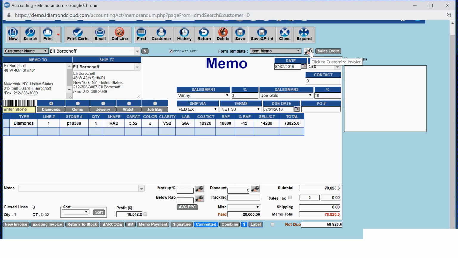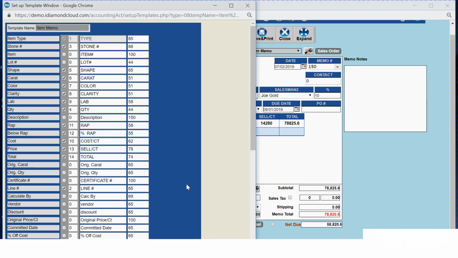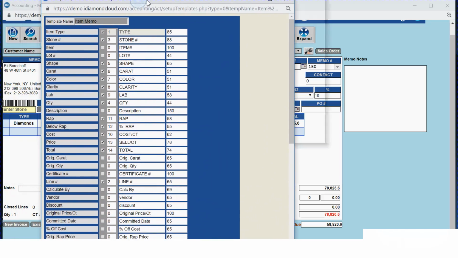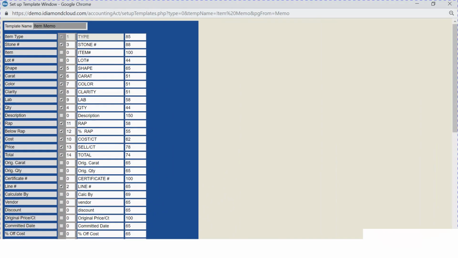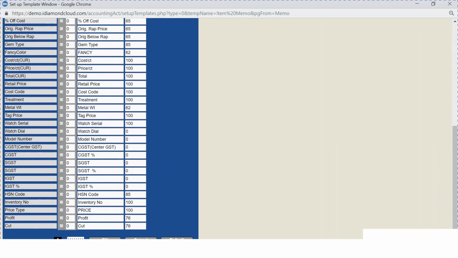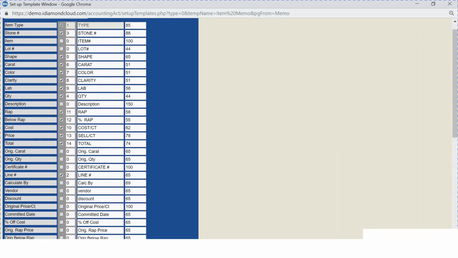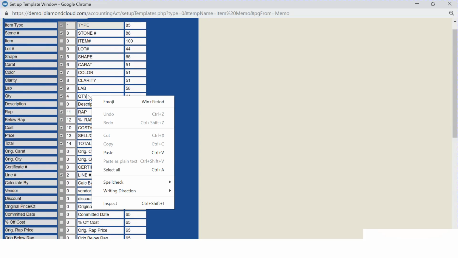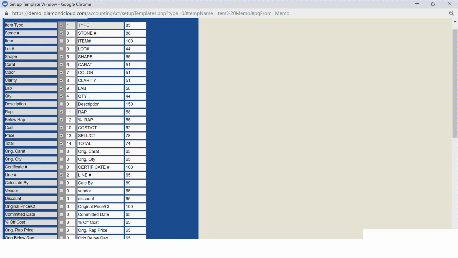Here you can customize the fields that you would like to see on the memo. So anything that is checked is showing on the grid. And also the order. It doesn't matter which number you use, as long as they're sequential. So this color, shape, color, clarity, all these are showing. And you can also change the words. So let's say if you want to change quantity, you can just change the quantity here, override it, or you can